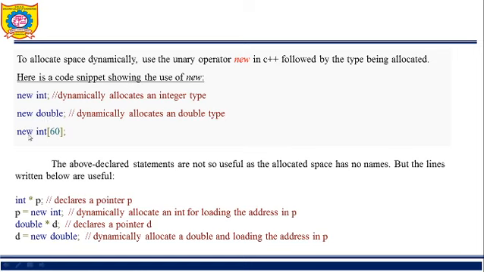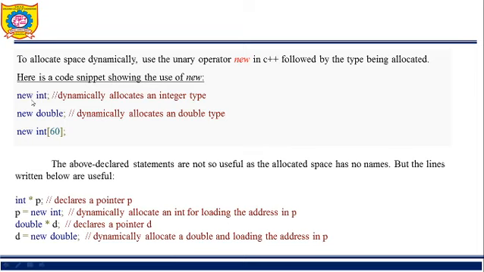Here memory gets allocated for an array of 60 integers, but these statements are not so meaningful. What does the new operator do? The new operator allocates memory for a particular type of data and returns the address of that memory. But in this statement we have not held that address.